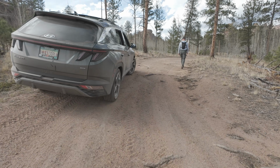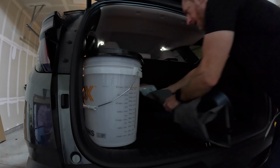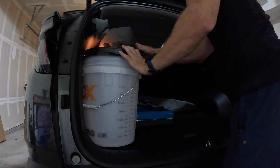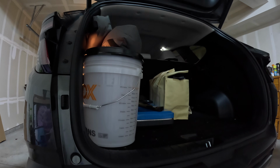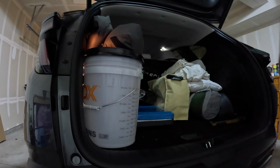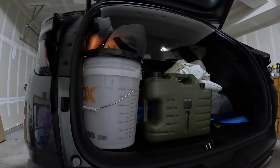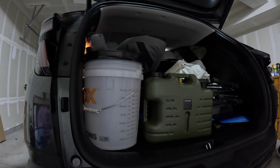We also went with a Tucson to get some extra space. While the Model 3 that we had before this had a lot of space in many nooks and crannies, you couldn't get certain items into that vehicle. Like one time we tried to get some chairs for our house and we couldn't fit them in the car in any way, shape, or form. We've also used the Tucson to move, so there's quite a bit of space. And you can even see that Rue has her nice spot back there to lay,